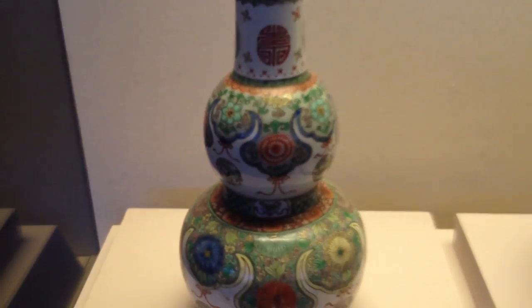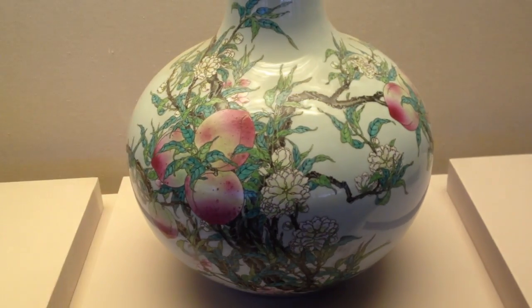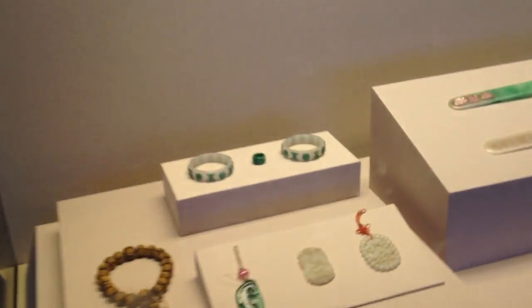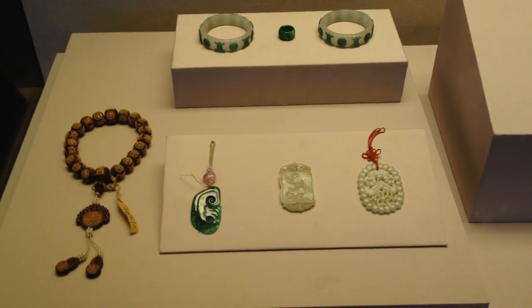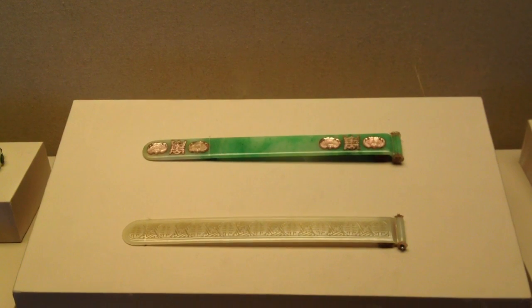Polychrome gourd-shaped vase with crane. Globular vase with 9 peaches in famille rose. Learned a lot about that in the porcelain gallery today. Black glazed wooden club-shaped vase with 5 polychrome bats. Monkey sending peaches. Bracelets with Chinese characters shou longevity, jadeite ring with bats and characters shou longevity, fragrant wood rosary bracelet, green glossy ganoderma-shaped pendant, gray jade pendant carved with Chinese character Fu well-being, jadeite hair crosspiece inlaid with tourmaline flowers,